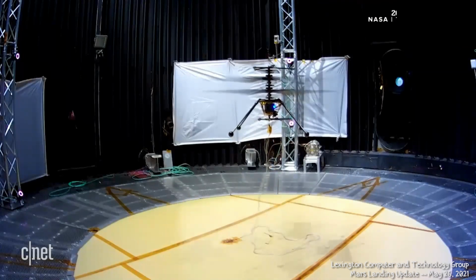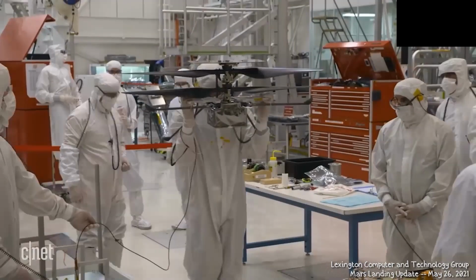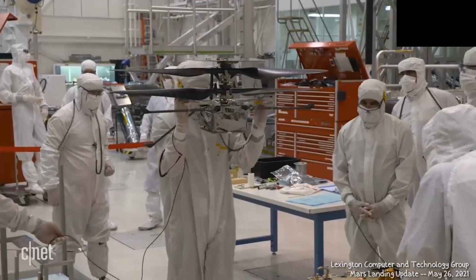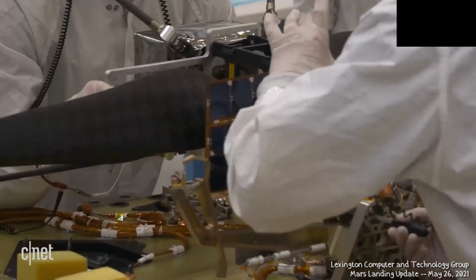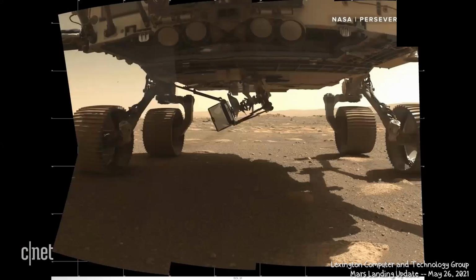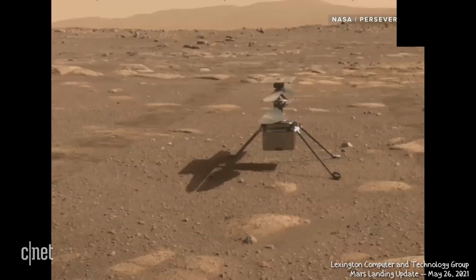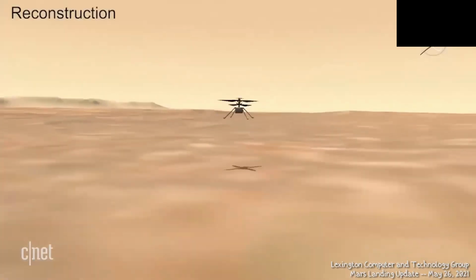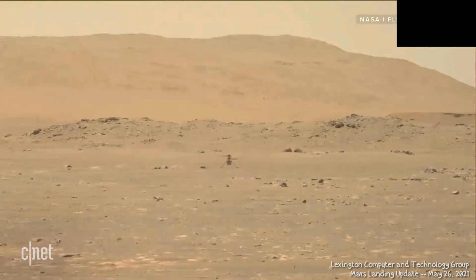Ingenuity also needed to be incredibly light. The entire body, including the solar panel, batteries, computers, rotor blades, and landing gear, had to come in at 1,800 grams, or less than 4 pounds. According to the project lead for Ingenuity, Mimi Young, that involved a lot of iterating and shaving off unnecessary mass, ounce by ounce. But even with all those weight concerns, NASA did hide one little Easter egg on Ingenuity, a